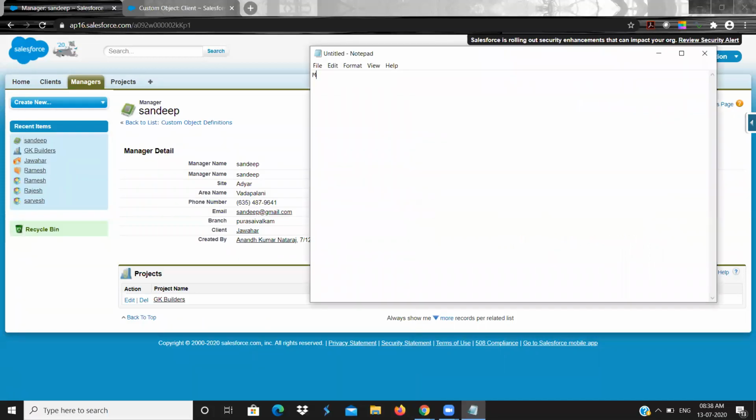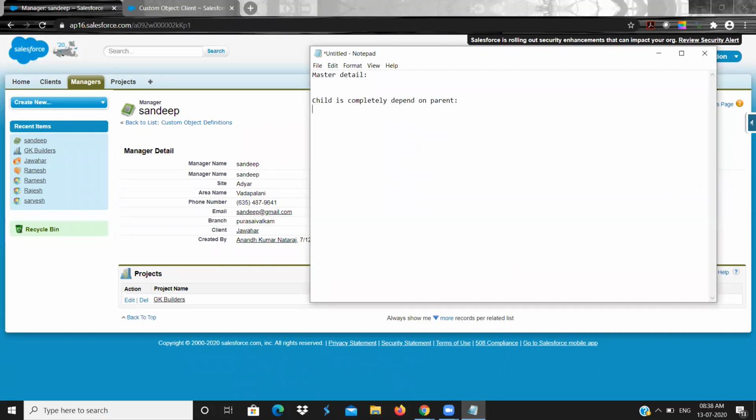Now I will explain about master detail relationship. Okay. So we already know what a master detail relationship is. It is a very strongly coupled relationship, and the child is completely dependent on the parent.